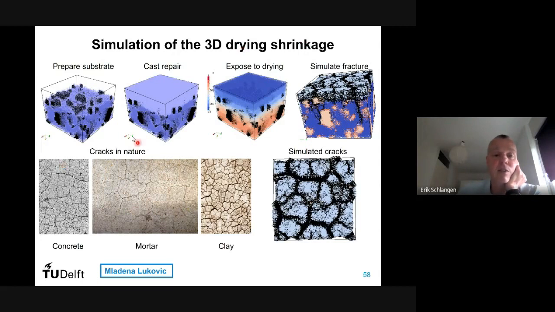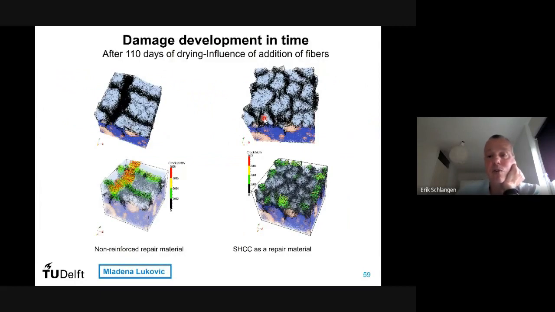Of course, it's the same as cracks in nature that you see in concrete, mortar, clay. You see these same crack patterns. They just come out of the model if you do these simulations. And of course, if you put fibers in it, then your cracks will be much smaller. You have a different configuration of the cracks. So this is without fibers, this is with fibers. Your cracks are smaller, closely spaced. Those are things you can then study. What happens with your material? What is the effect of the